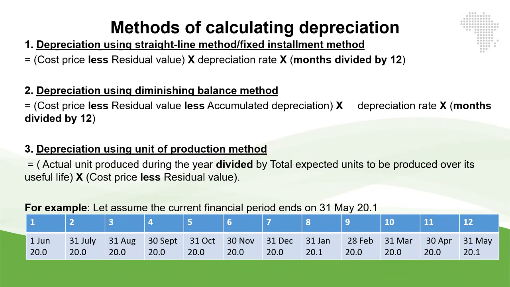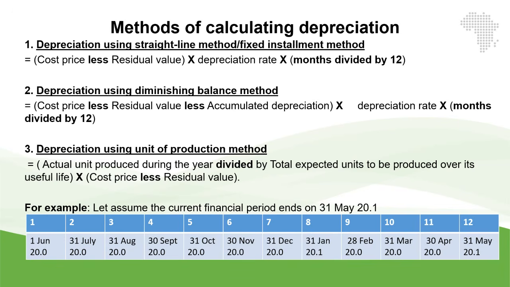So as I explained earlier, we also need to look at the methods of calculating depreciation. We have three methods that we use to depreciate the assets, the property, plant and equipment. The first one is what is called the straight line method, or the fixed installment method. I'll just explain this method first. I will also take you through the examples, how we actually calculate that depreciation following